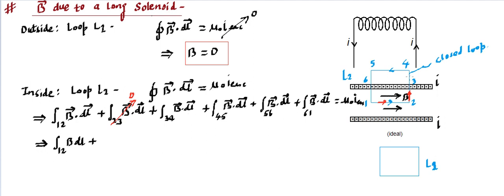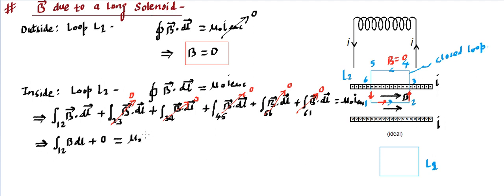Now when we come to 3 to 4, 3 to 4 is an outside point, and we have talked about outside, B is 0. So all the outside segments will be 0 because B is 0. So this integration is going to give us a 0 result. 5 to 6 is also going to give us a 0 result because the magnetic field is 0. Then come to this 6 to 1 segment. Again in 6 to 1 segment, dl is going to be perpendicular to the direction of B, so that's also going to be 0 because of the perpendicularity. Then you'll find all the other aspects are coming to 0, and this is going to be equal to mu naught into I enclosed.